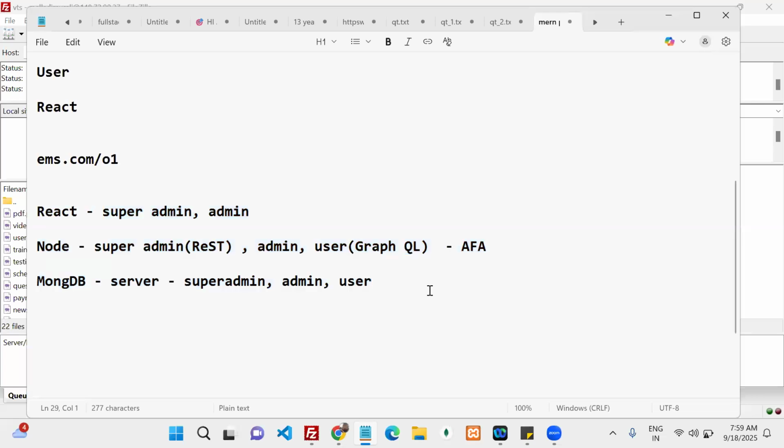The next one is to think about what the roles are going to do, what kind of actions they are going to perform. Can you note it down and come for the next class? What actions will the super admin take, what actions the admin, and what actions the user? I need something like that. Based on that we are going to develop our application and see how many pages are required.